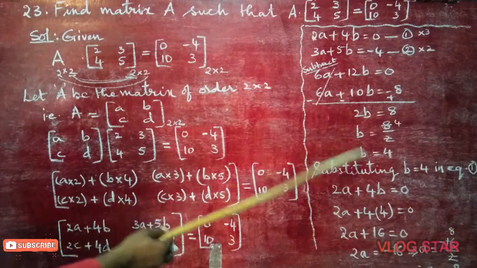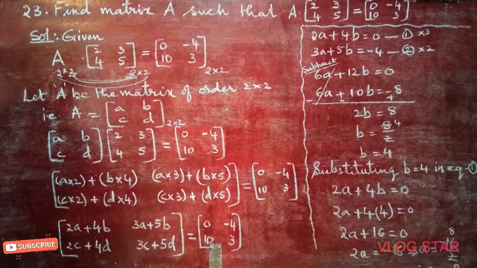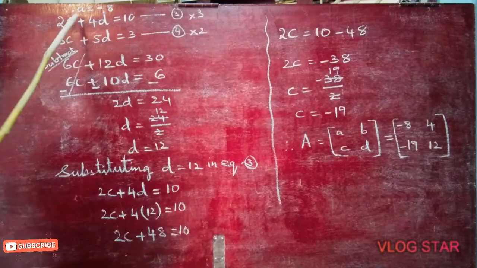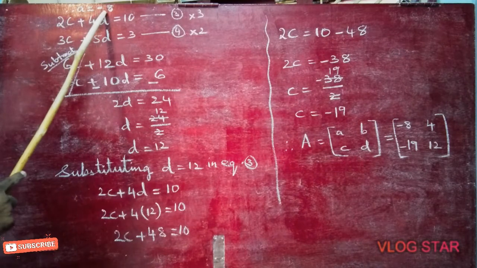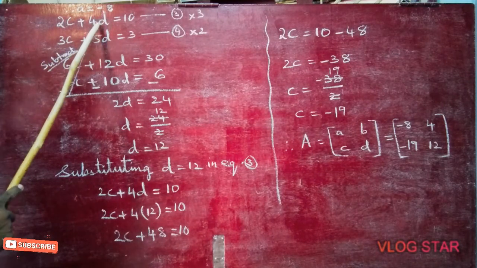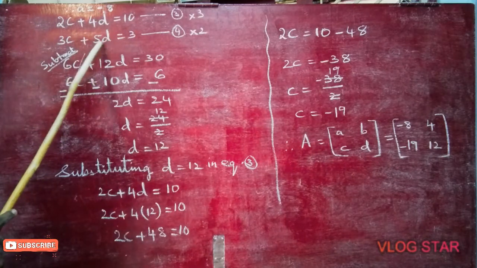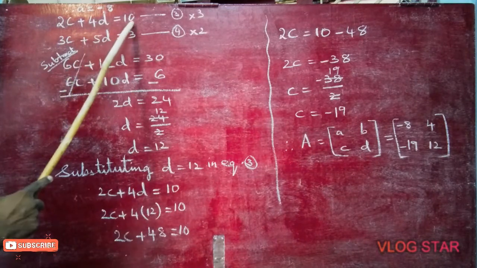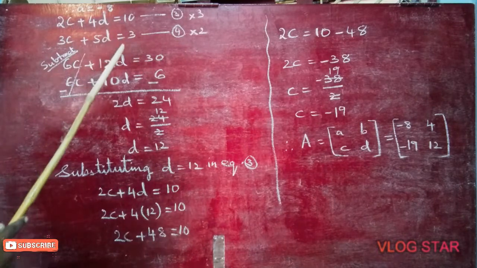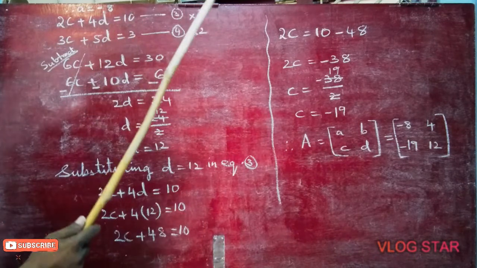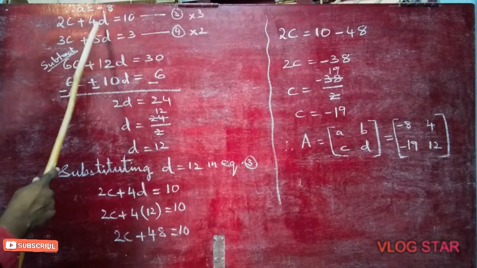Now we got the values of a and b. Still c and d are there, we have to find. Now coming to the next. Third element with the third, fourth element with the fourth, left hand side and right hand side. These are two more simultaneous equations with variables c and d. Before we did a and b, now c and d.